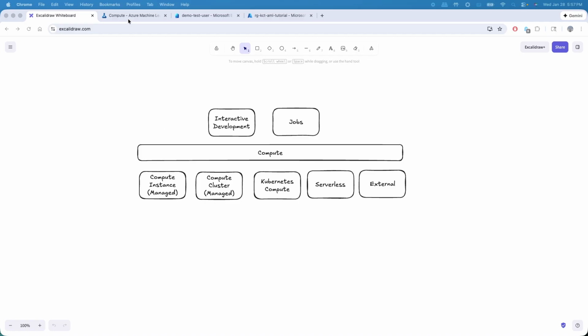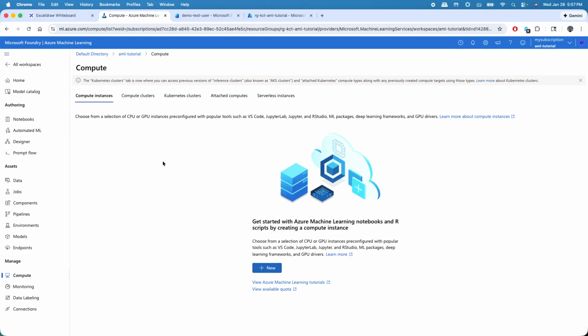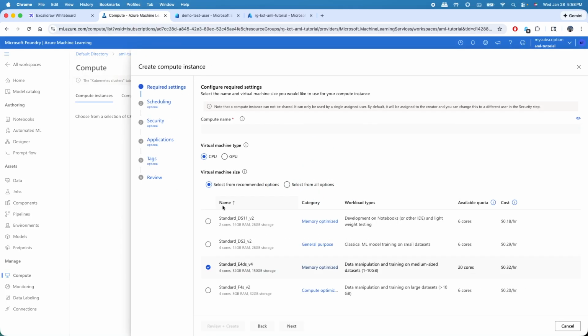Okay, so let's go to the Azure ML resource, right? As I was saying, you have these different offerings, right? Compute instances, compute clusters. There are various ways to create these compute instances. I'm going to show you two ways. One is the UI. So basically, if you have the right access, you can go in here,